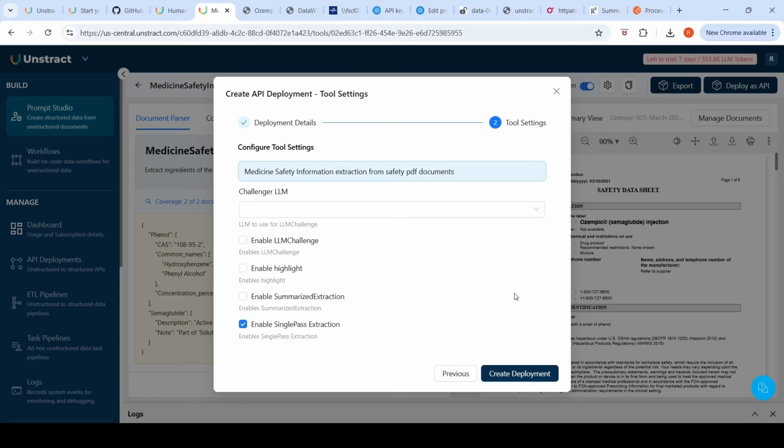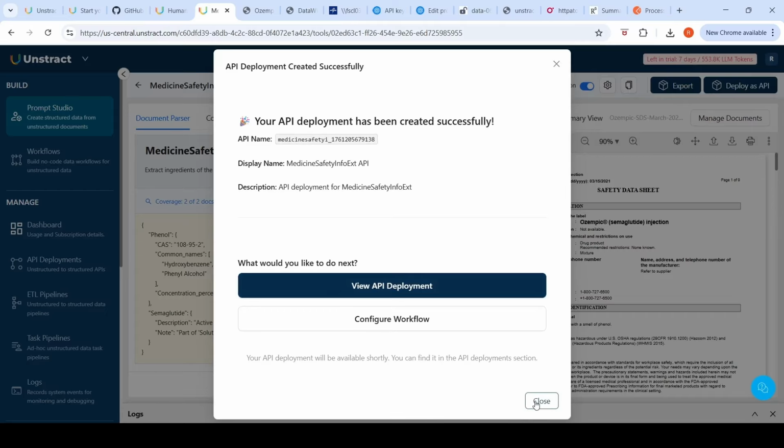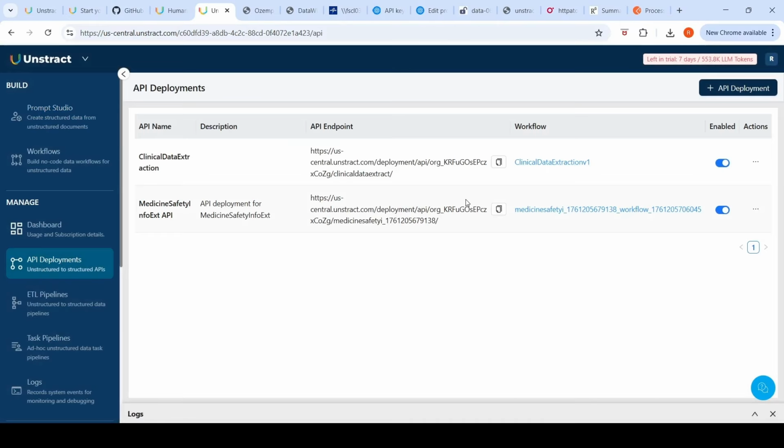I don't want a challenger LLM or anything. So let me create the deployment. So now this API has been deployed. We can view API deployments over here in API deployments. If you go to API deployments, you have the API which has been deployed. You can download the Postman collection, load this API in Postman, and do testing to see